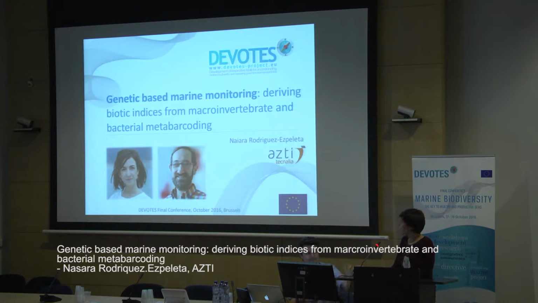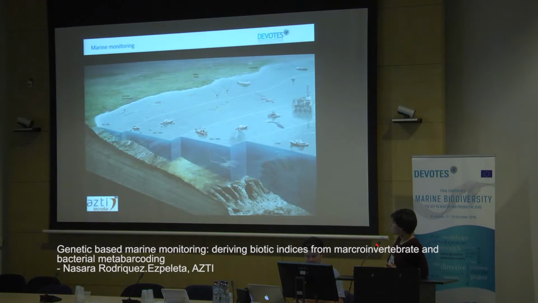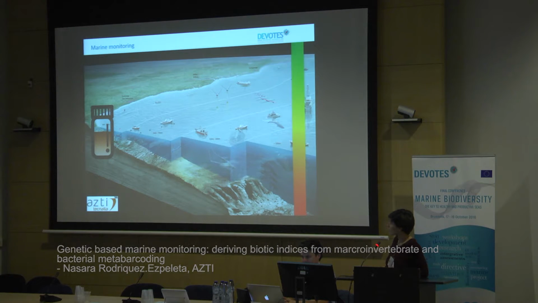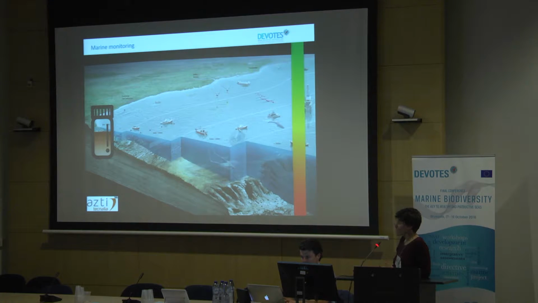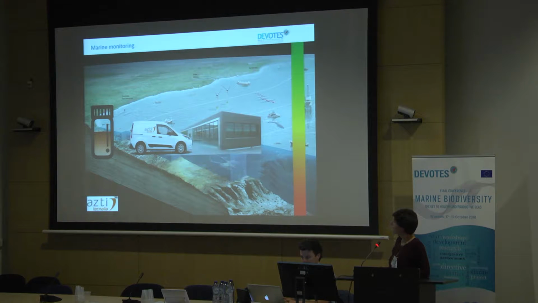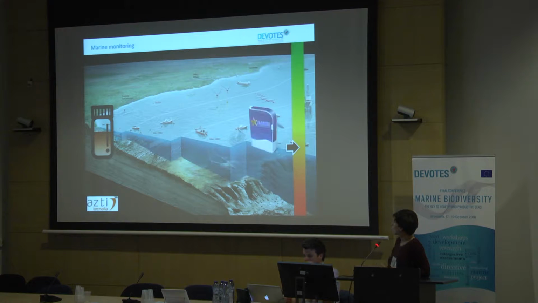When we have an environment and we want to measure its ecological status, usually the way it works in most cases is that we collect a sample from this environment, we bring this sample into the lab, we do a series of experiments or analysis in this sample, and then we derive a number or a measurement of this sample so that we can infer the status. One of the most